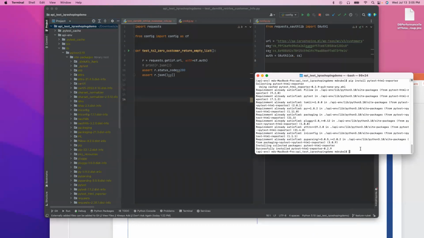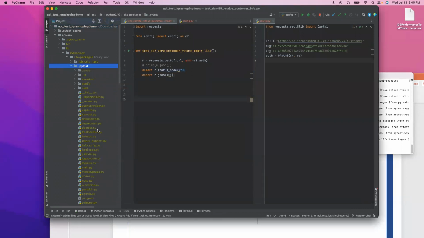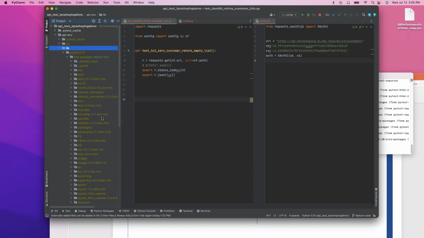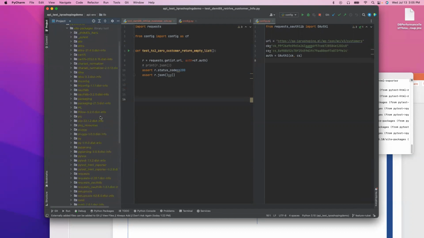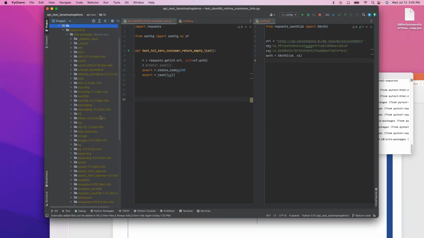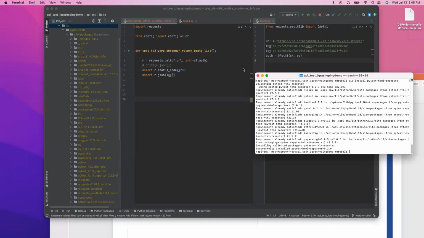So successfully installed. So now if you just refresh, HTML should be installed in the library folder. Let me see, where is it? Yeah, Pytest HTML Reporter, right? So it has been added